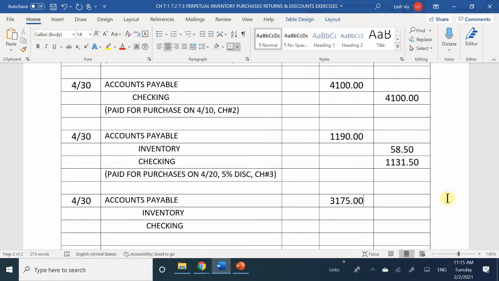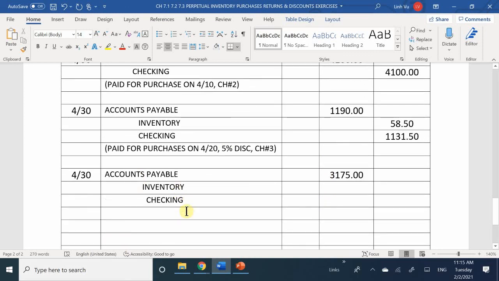Try again. You'd include the freight. Yes, so I got that correct. Dan, you got that correct. 156.25. So therefore, my total payment is going to be